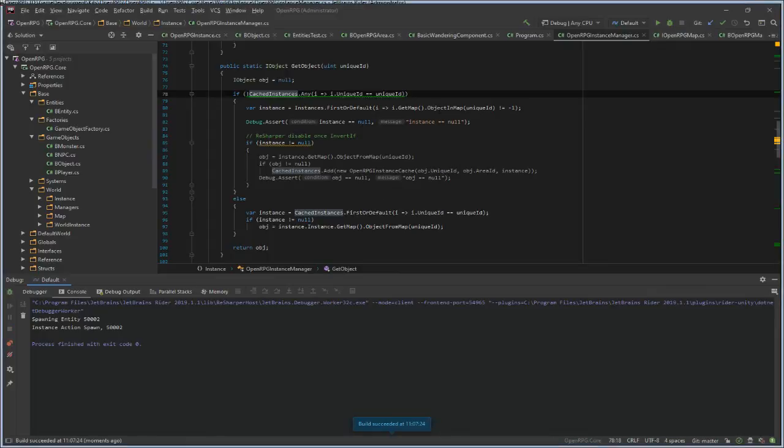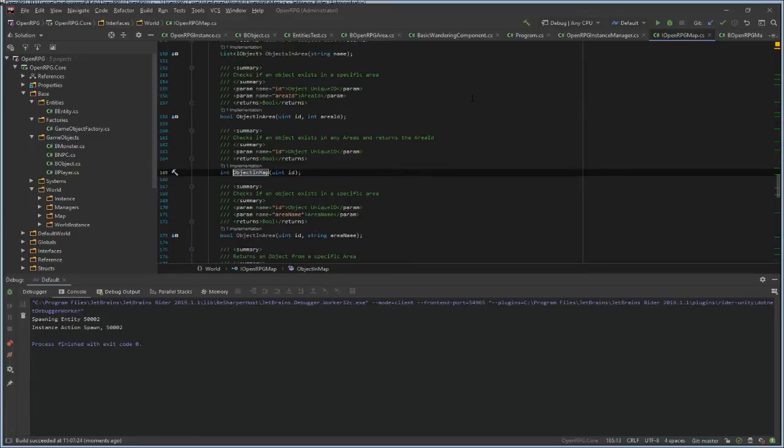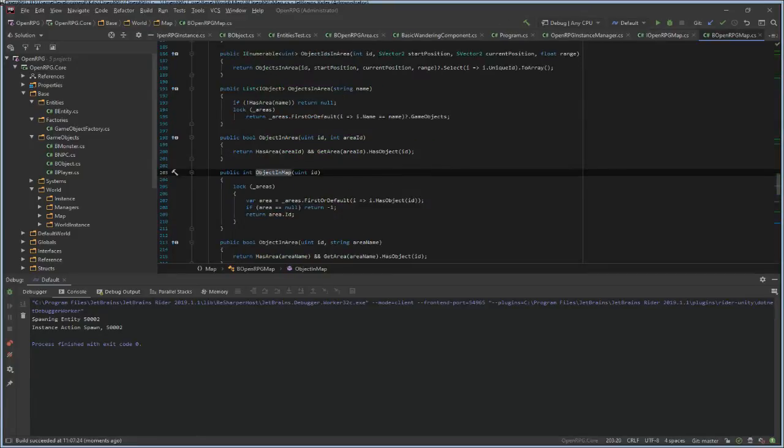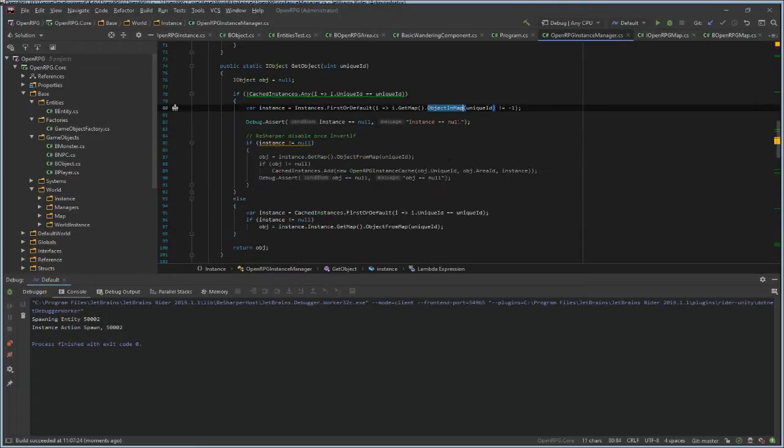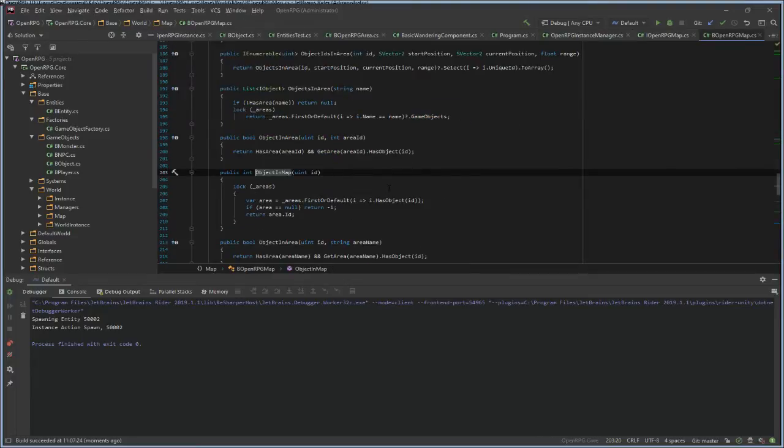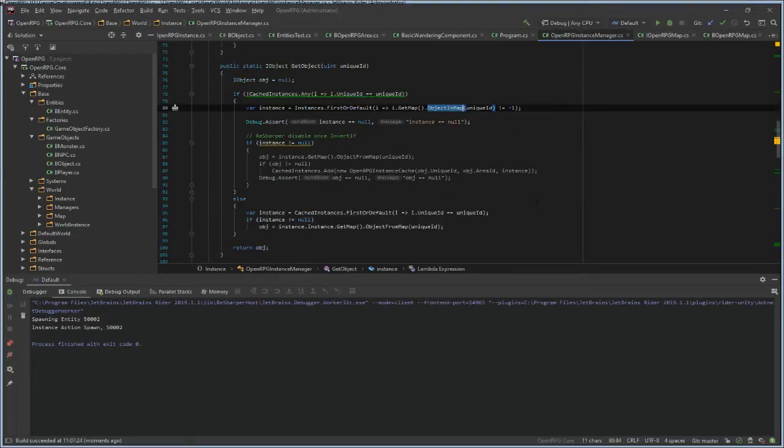So, this is null, I guess. Return first or default. I.getMap. Let me try this.